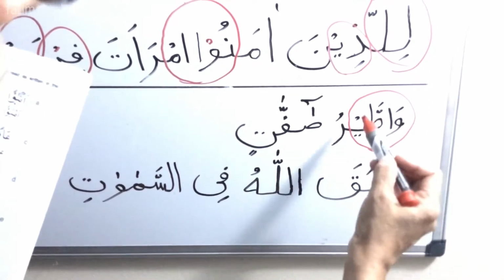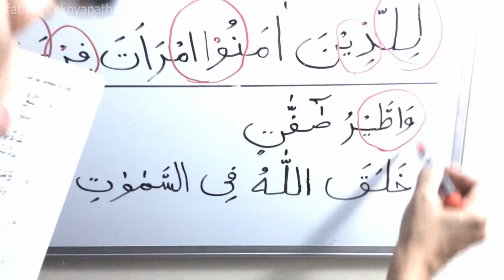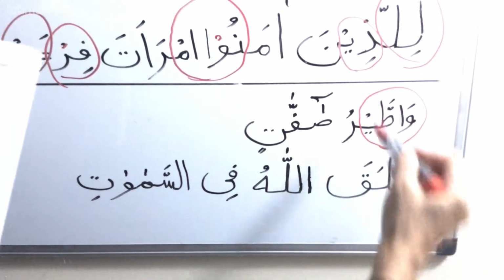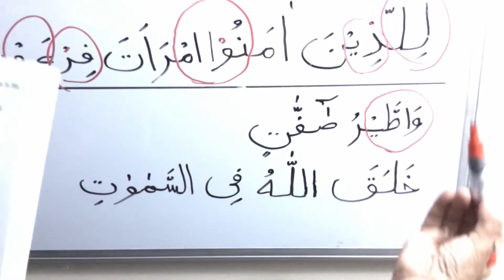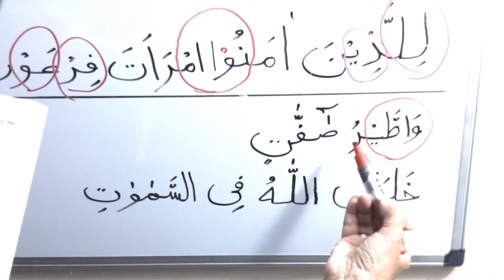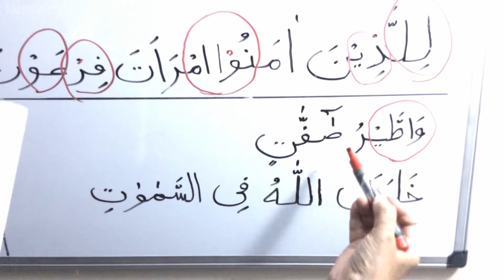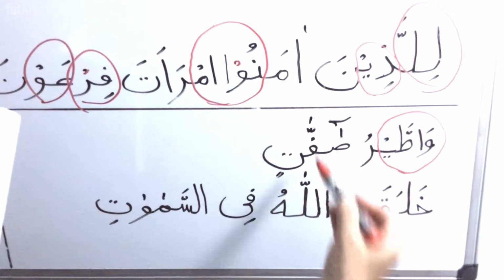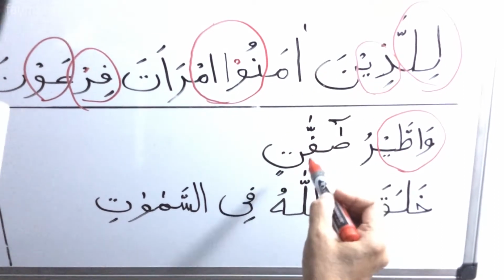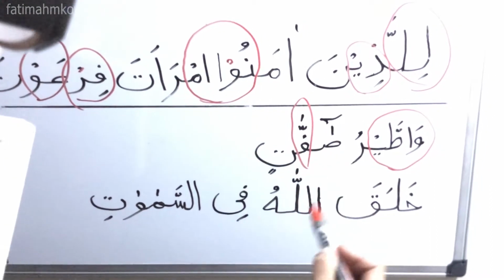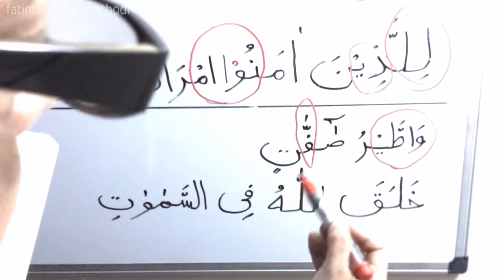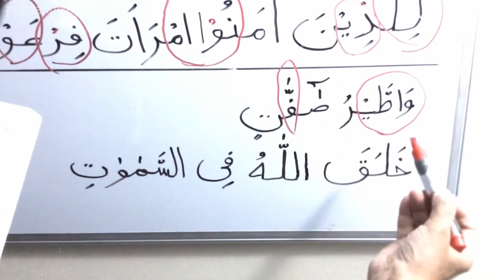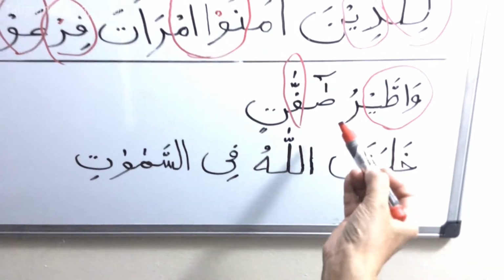Watte. Tai is anyway a diphthong, but this whole thing is a shadda. I call this a shadda group just to make it easier to group it because of the shadda. Watteiru. Ru is dhamma. Watteiru. So fatin. See, fatin. This is a shadda again. This is shadda, and this is tanween. So this is a double madda. So you have wattairu